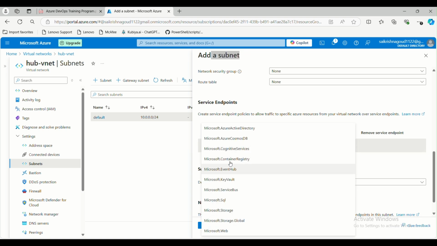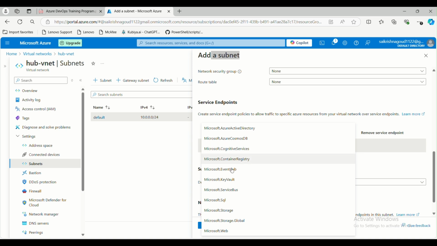And if you want to create any private endpoint or any dedicated endpoints, yes, you can select that here. If you see here, while creating the VNet, these service endpoints will not come. But once the VNet is created, then the service endpoints come here. For example, you are creating this subnet only for virtual machines, only to host virtual machines. Yes, you come here, you can select Microsoft Web or Microsoft Compute. Compute is not coming here, so you have to select that one so that